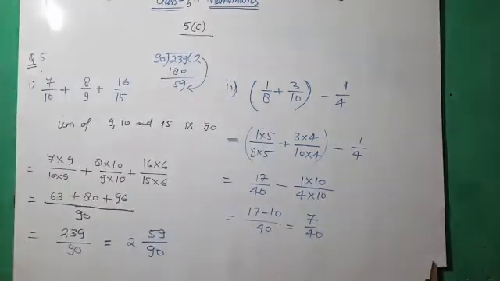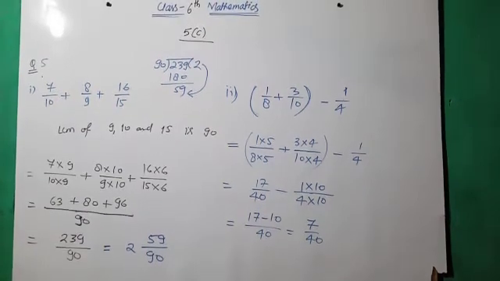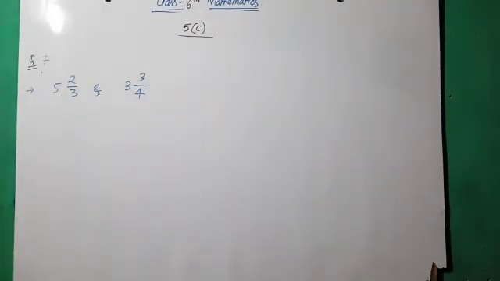Similarly, you have to solve the third problem. Okay, now still question number 6 is your homework. Similarly, you have to follow the same procedure. Question number 7. If you remember, I had already discussed this: how we have to compare these two numbers. Okay, just by taking the LCM of both of the numbers.